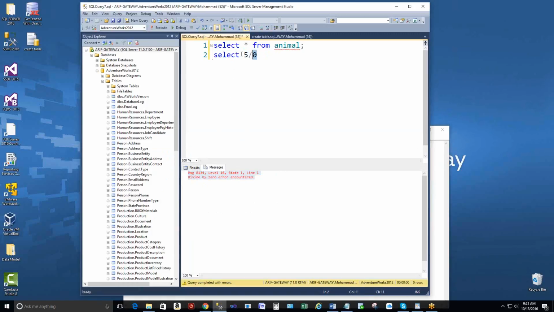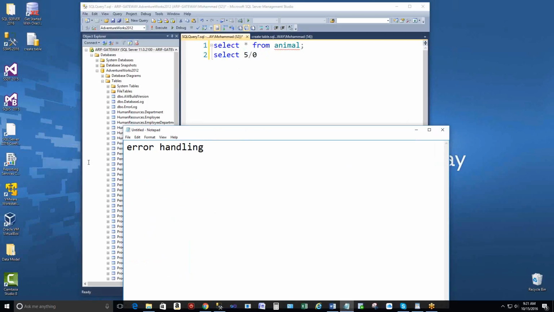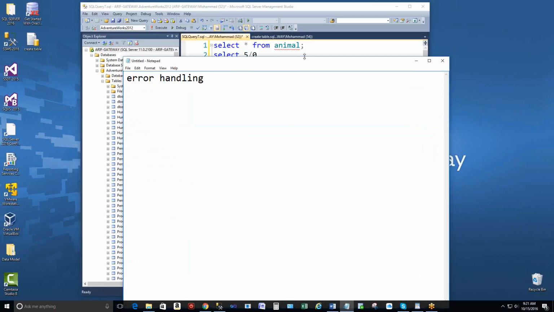Okay. So those runtime errors, we can find out, we can handle those errors basically. It's called error handling. Now for error handling, this is the block actually. This is the syntax of how we find this runtime error. We have a block called begin try, and we put our code here, and then end try, and then we put